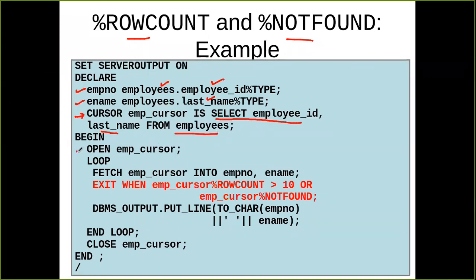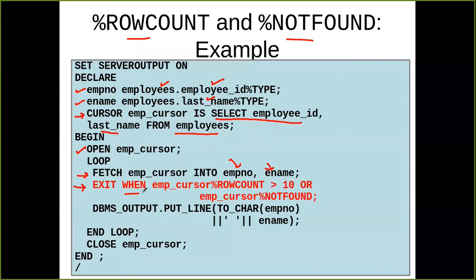Begin, open the cursor. First of all, I have to open the cursor. Then loop, fetch employee_cursor into employee number and employee name. This will fetch the first row and put the data into the two variables, employee number and employee name. Then before printing that data, I can perform this kind of check: exit. I will break the loop if my condition is satisfied.